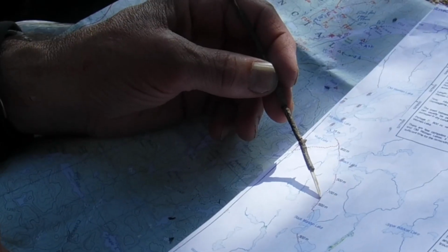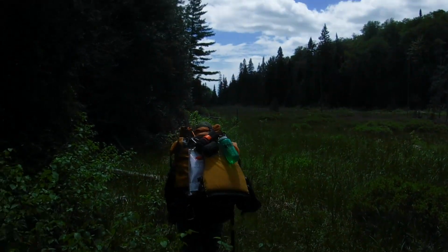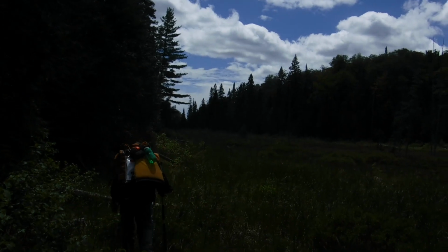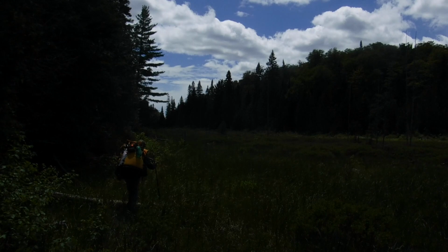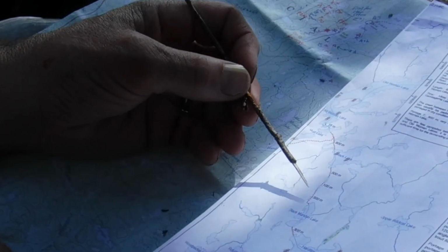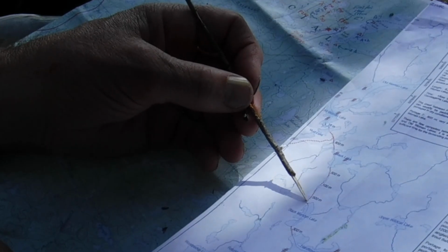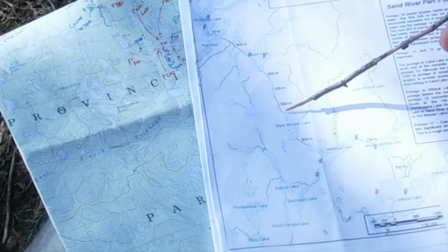Now this one actually goes almost all downwards towards this Black Mandy Lake. It has a beautiful white pine up in the hill here. Looks like about 300 years old and about 200 feet tall. It was a nice portage as well, but very much down all the way here. No issues there otherwise. So we scooted down this lake